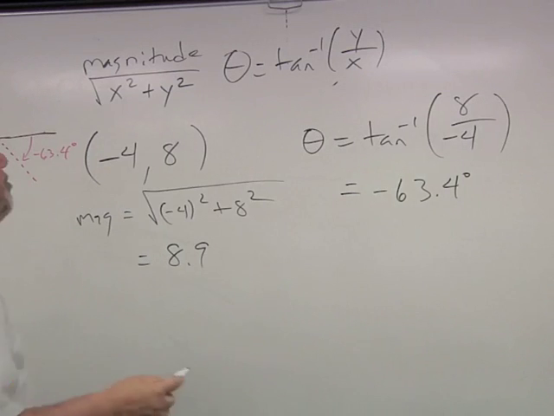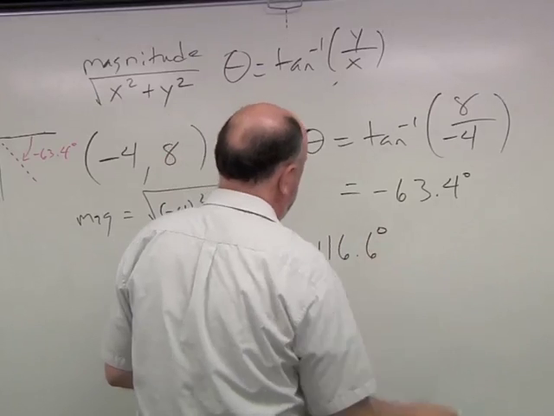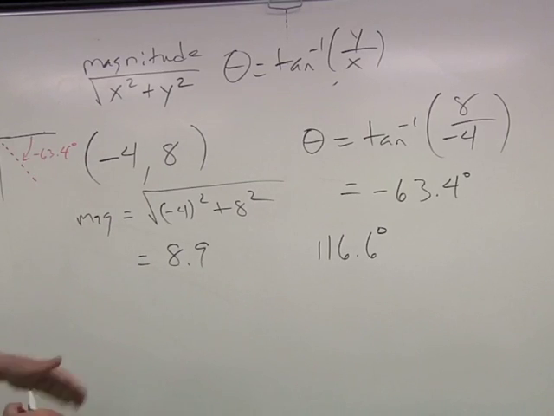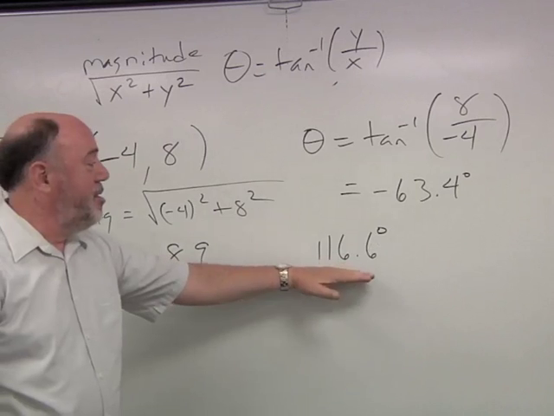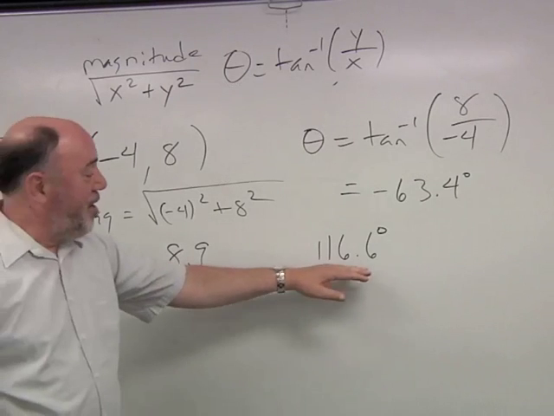And so we get that our true angle is going to be 116.6 degrees. Right? So again, the calculator only gives answers in first and fourth, but we can check it against our point and make sure we get the right angle, which will be this one. Okay? So my vector has a magnitude of 8.9, and it's going off at an angle of